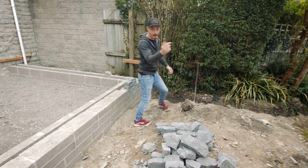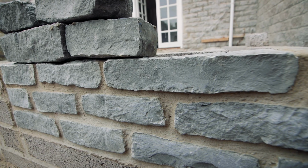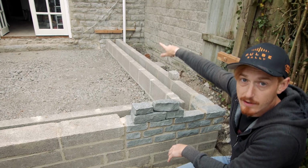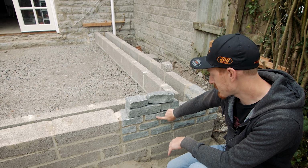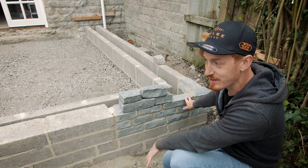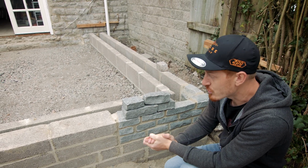And then Hollie, if you come around here, you can now see the material the extension is going to be made of. This is blue lyre stone, and the house is actually made of blue lyre stone, but that is 150 years old. This stone is 5 days old because it came from a quarry a few miles down the road, so it's nice to see what it's going to look like. Imagine the bifold doors, but the next plan of action